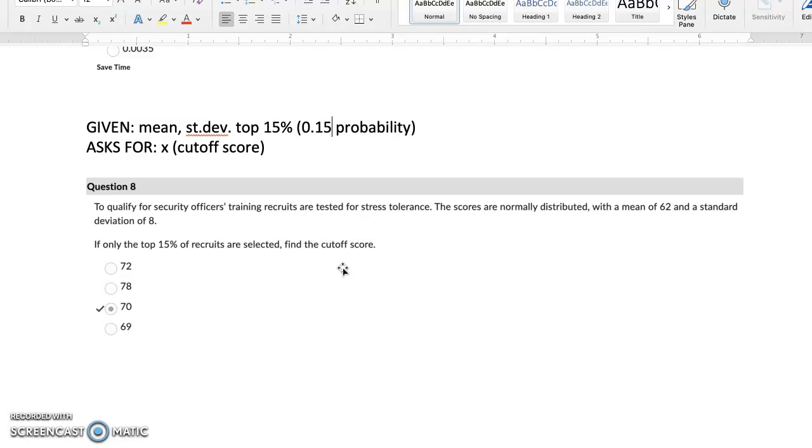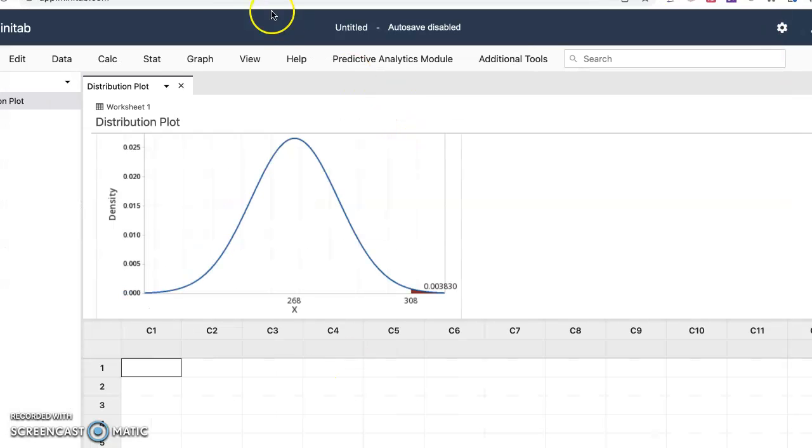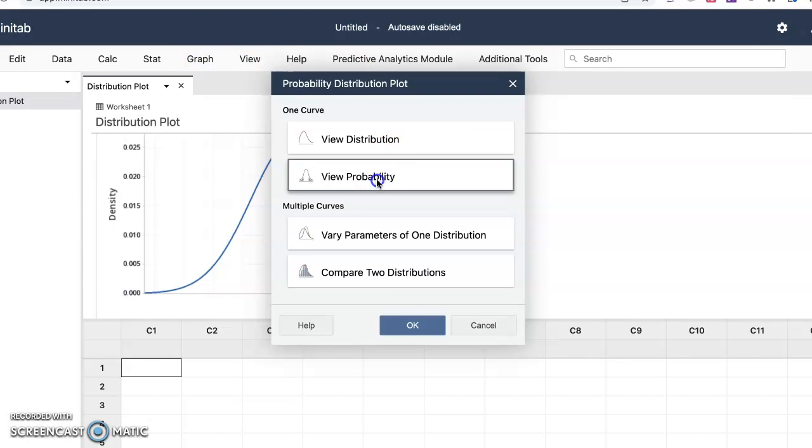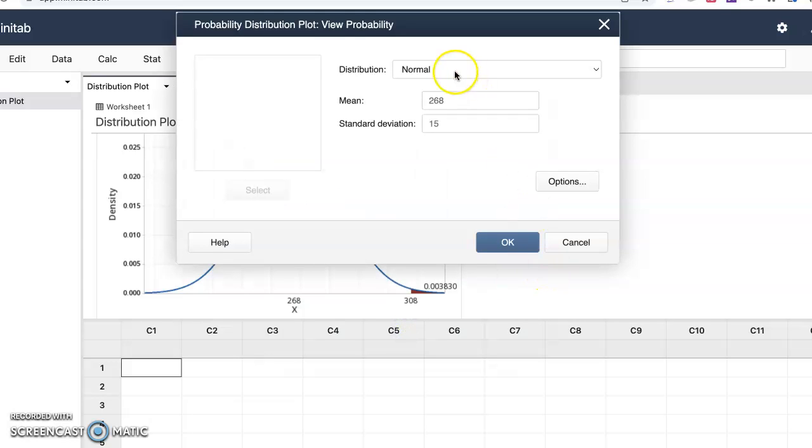So that means we're given 15%, which is a probability of 0.15. And what we want to know is what you have to score to be in the top 15% of all the recruits. So let's go put that in. 62 and 8, and top 15%. So Graph, Probability Distribution Plot, View Probability, Normal distribution,